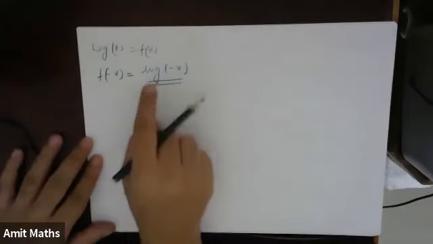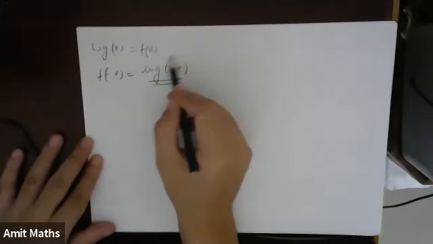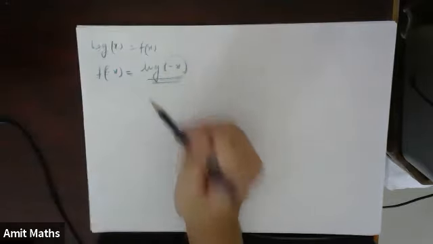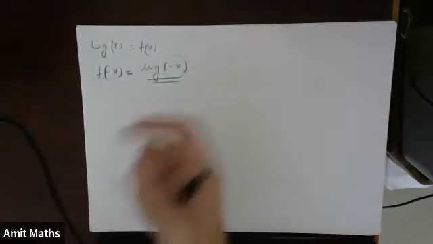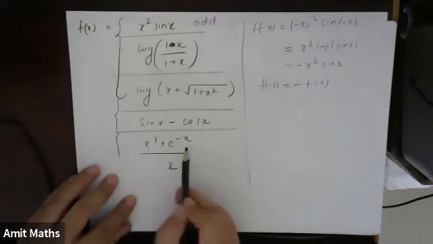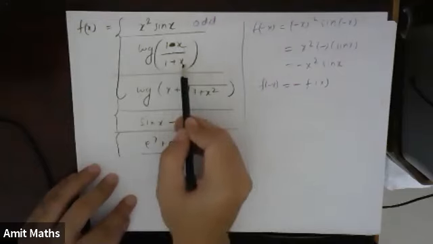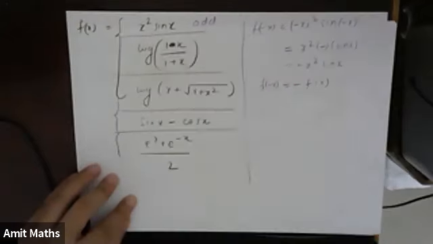This case is particularly restricted because of its domain, because log will not be defined for minus x. We are only taking those examples for which the domain of minus x will be defined. For example, in all of these functions, plus and minus x are defined. For this one, plus and minus x will be defined. For this one, plus and minus x will be defined. For this one, plus and minus x will be defined. Understood? Fine.